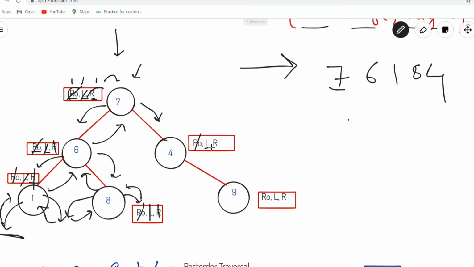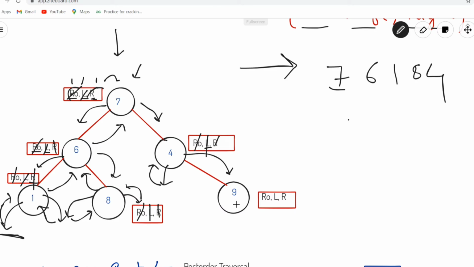Then we need to move to left. While moving to the left, as there are no nodes available, we'll be returning back to the caller. The caller is node 4 itself. So we have performed left. Now from node 4, the next operation remaining is right, so we will be moving in the right direction. So we have performed right.